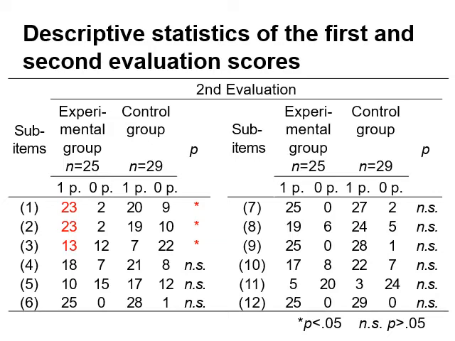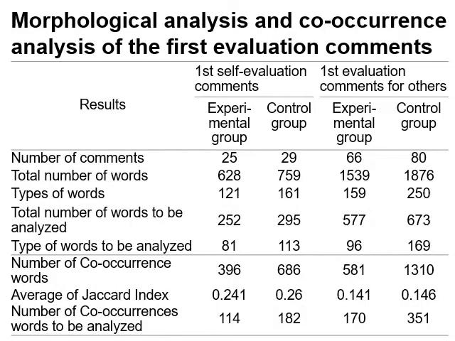For this reason, we inferred the first evaluation comment of the experimental group contain comments related to evaluation sub-items 1, 2, and 3. Therefore, in order to compare the characteristics of the comments of the experimental and control groups in the first peer evaluation activities, we conducted morphological and co-occurrence analyses of the comments. We analyzed 25 comments in the experimental group and 29 comments in the control group for the first self-evaluation, and